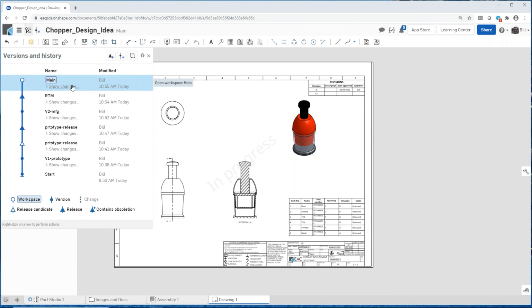So I'd ask for the release at that point. Once it is officially released, I would merge it back in because we really need a single source of truth, and we don't want to be coming up the main history line here and all of a sudden have a branch, and now that's the main source of truth because we branched off, made a new design, it was released, and now that's the one that we want. We can always take those ECNs and ECOs, merge them back into the main design, so we do have a single source of truth. You don't have to merge it into the main, but just for me, it makes more sense